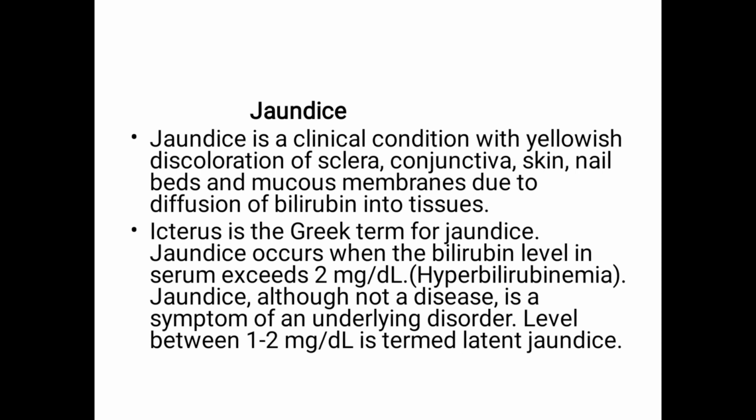So hemoglobin splits into heme, which is protoporphyrin and iron, and globin goes to the amino acid pool. Heme is converted to biliverdin, which is further converted to bilirubin. Bilirubin is toxic, so it is combined with albumin, enters the blood, enters the liver, where conjugation takes place with glucuronic acid to form mono or diglucuronide, okay, which is water soluble or conjugated bilirubin.